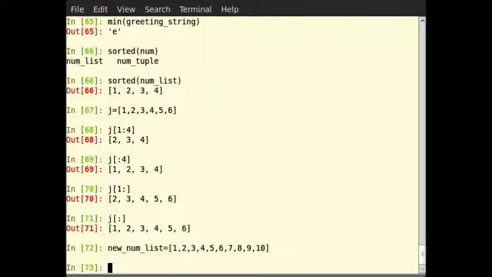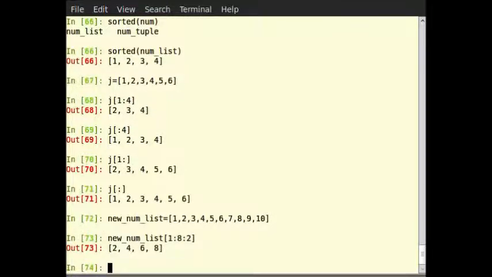Then in another line, within square brackets, 2, 4, 6, 8 separated by commas. That would be the output. The :2 added at the end signifies all the alternate elements. This is why we call this concept striding, because we move through the list with a particular stride or step.